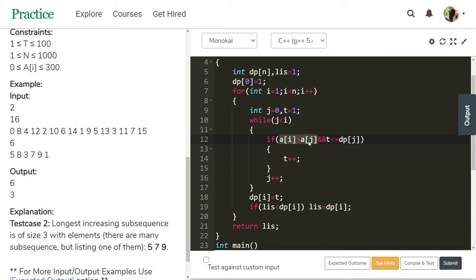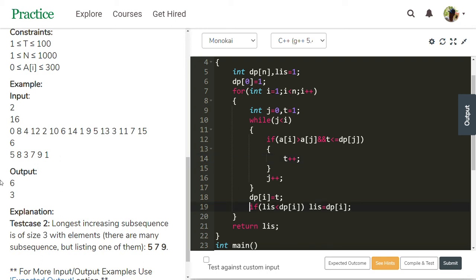So 3 is not greater than any element in the sequence before it. So this if block does not execute and the t value is not incremented, but the j value is incremented continuously. It reaches 2. 2 less than 2 is false. The while loop stops execution and dp of 2 is 1. t is not incremented, so it is 1. But 1 is not greater than LIS. The LIS value is 2. 2 less than 1 is false. This if block does not execute.